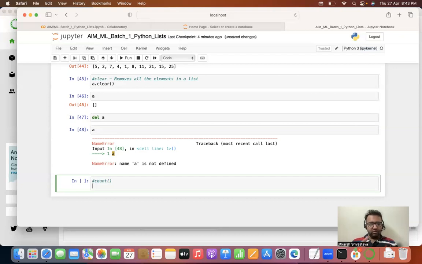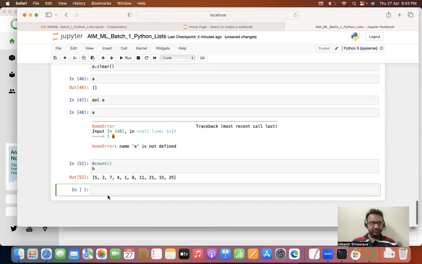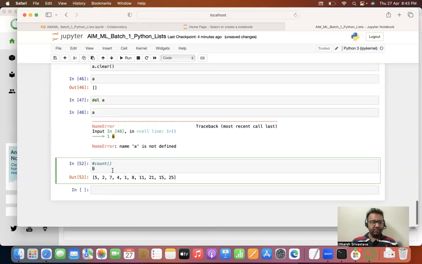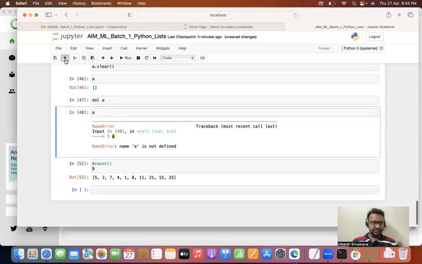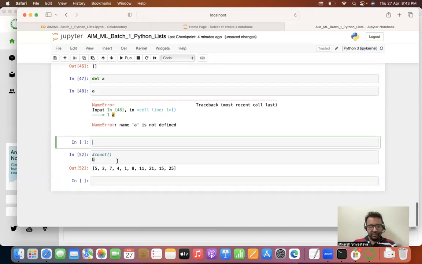All right. So let's say printing of B. B is a list that has all unique elements. Let us take a list D where we can take 5, 5, 5, 4, 4, 4,